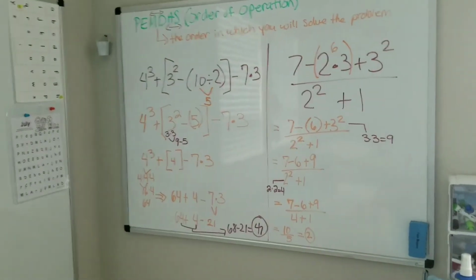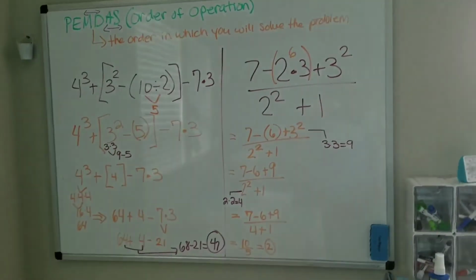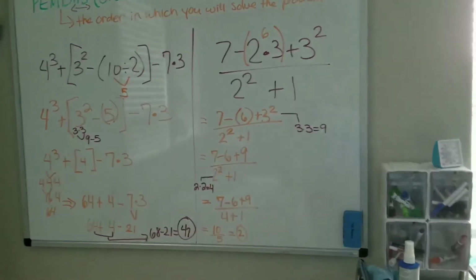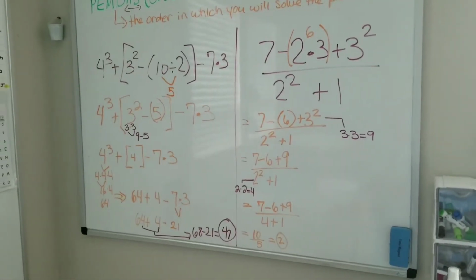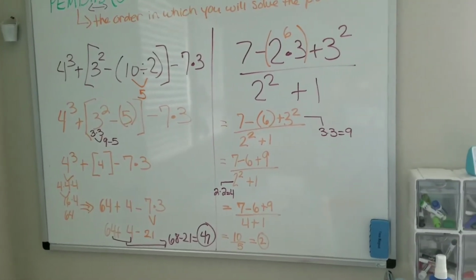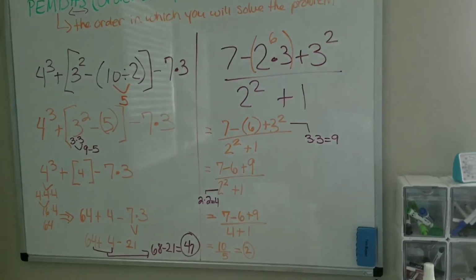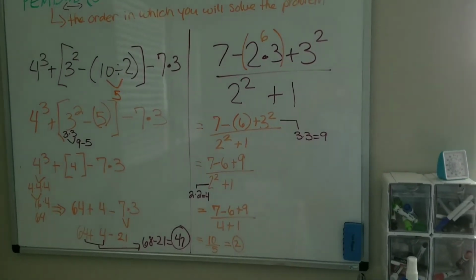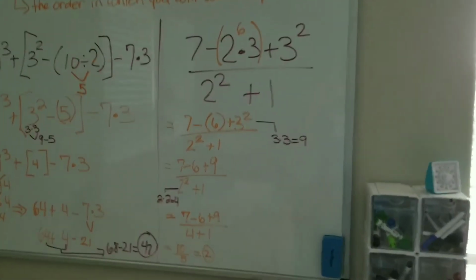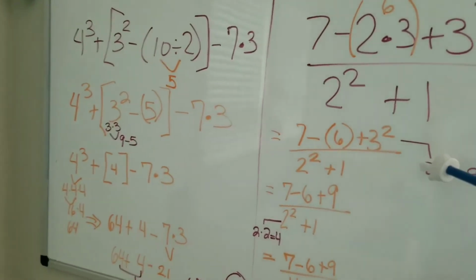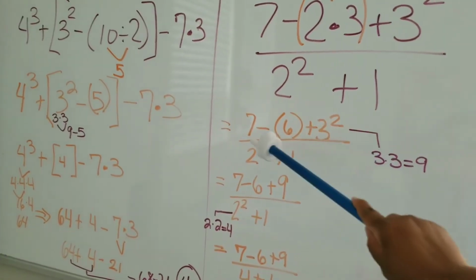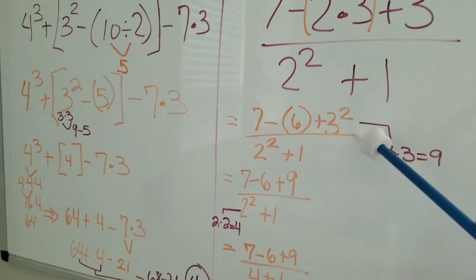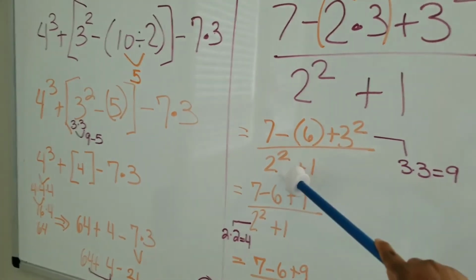So before you tell me your answer, let's go through the steps, and then you're going to tell me if you got the same thing. So the first thing I did was I put parentheses around my multiplication factors, the 2 and the 3. So 2 times 3 was 6. So I went ahead and rewrote the problem to be 7 minus 6 plus 3 squared over 2 squared